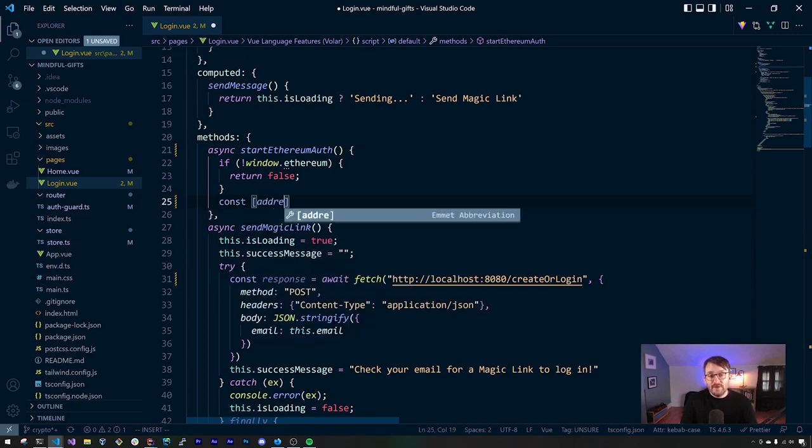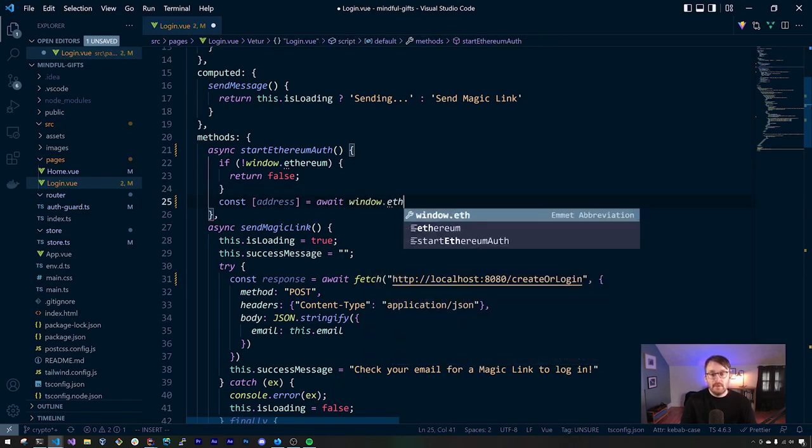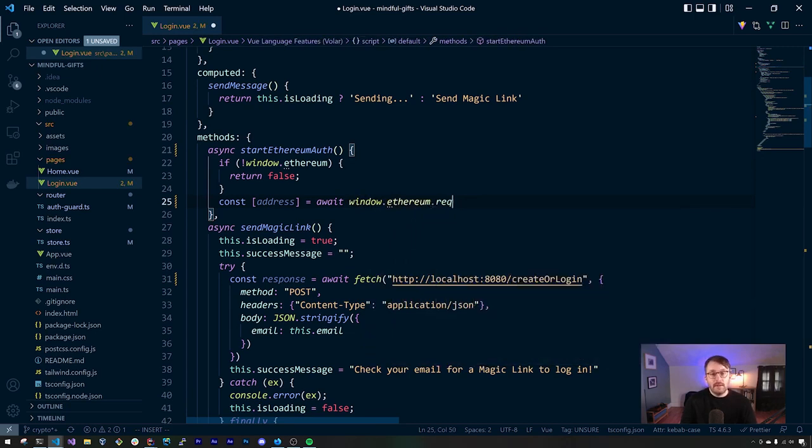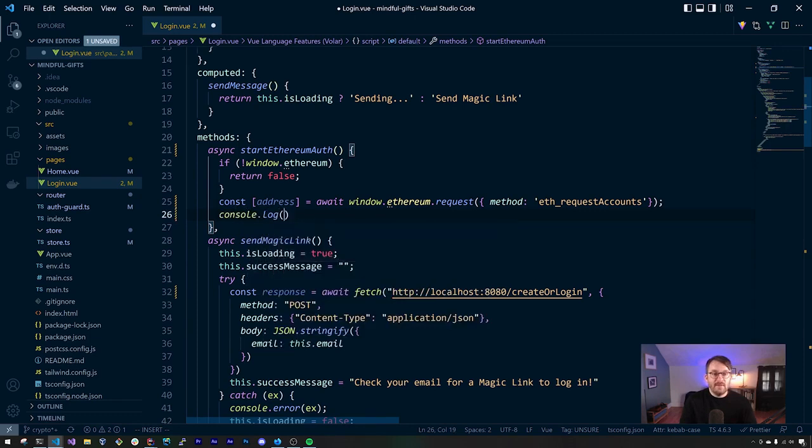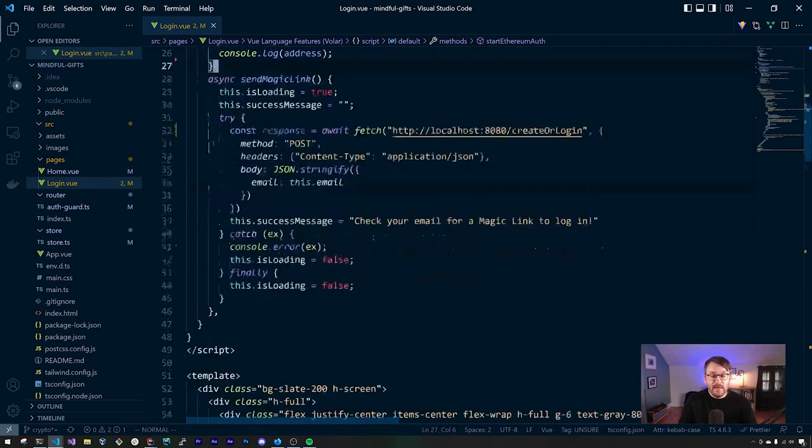And so we can get the address by awaiting window.ethereum, and we can call request here, specifying a method with the name eth_requestAccounts. Okay, and if we want to see how that works, for now let's go ahead and console log that address. So at this point, we have started a method called start Ethereum auth, and that gets invoked